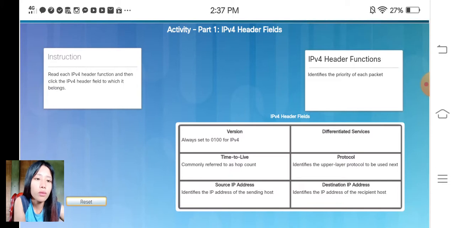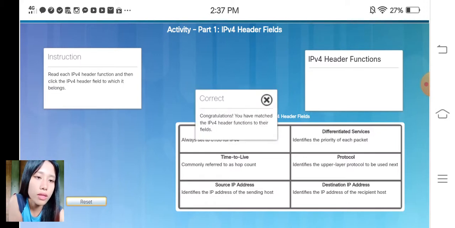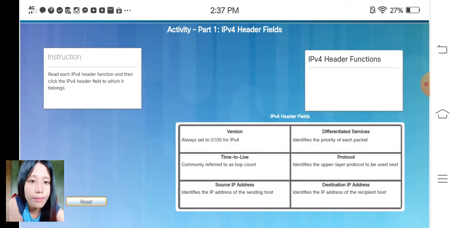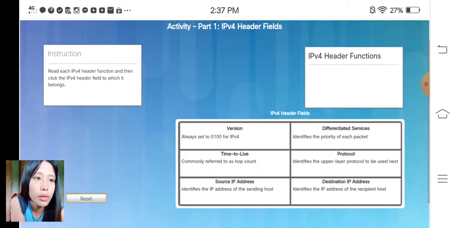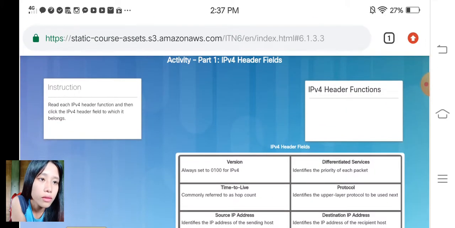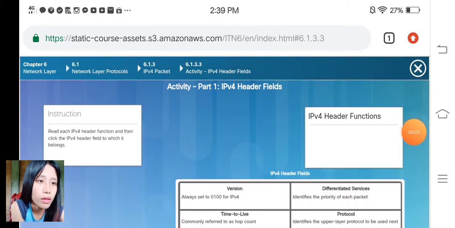The differentiated services, it's formerly called type of service. So it's correct. Now going to find another activity. For the next activity,